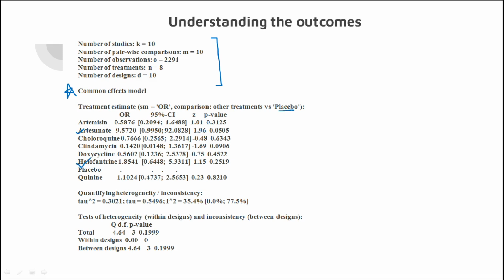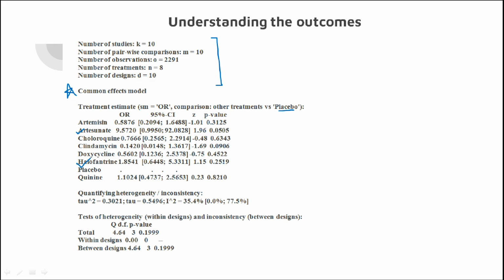Artesunate is having 9.57 times higher odds of hospitalization compared to that of a placebo, which is insignificant because the p-value is greater than 0.05. Whereas halofantrine is having 85% higher odds of hospitalization when compared to that of placebo, which is also insignificant, as we can see from this p-value, which is